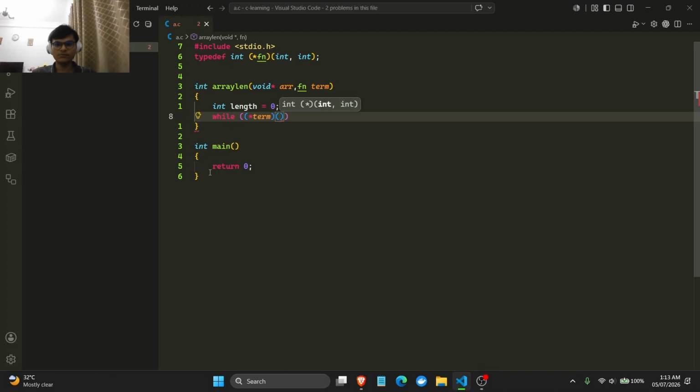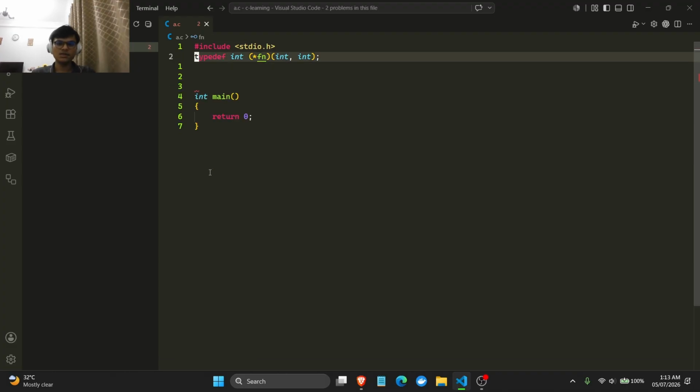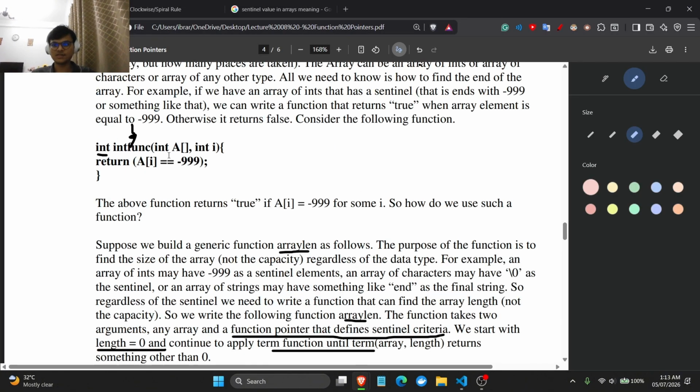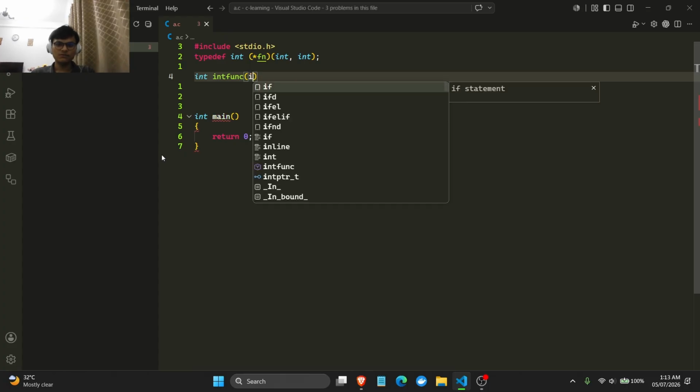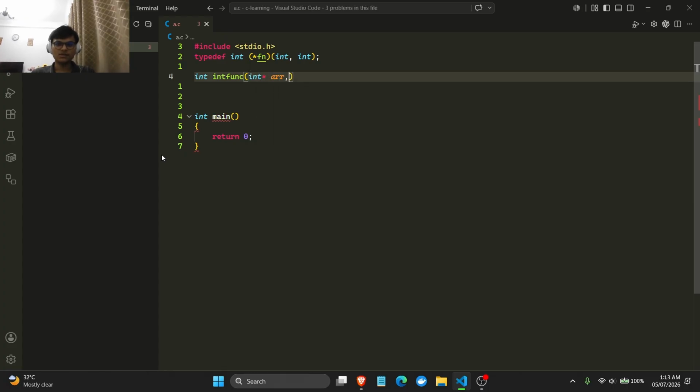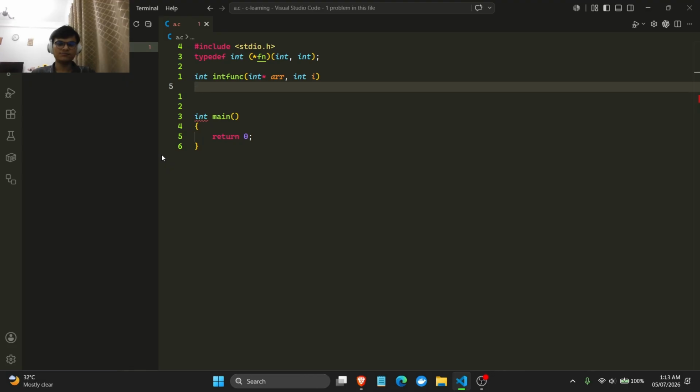Wait, wait a minute. Before we even do this, let's write this code, which is int func, which takes an int star array, right, and takes an i, and